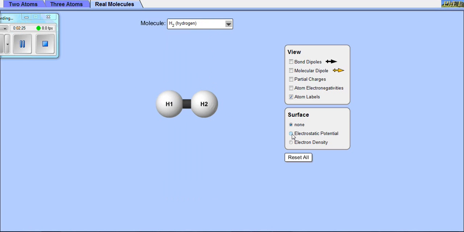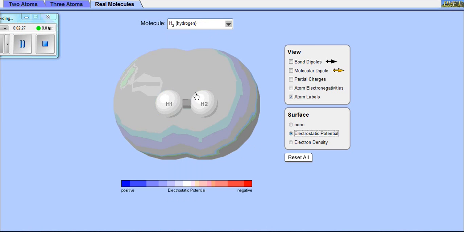Now, if you look at the electrostatic potential here, we see that the electrons are evenly shared between the two hydrogen atoms. So one hydrogen doesn't pull the electrons more towards itself than the other hydrogen, because